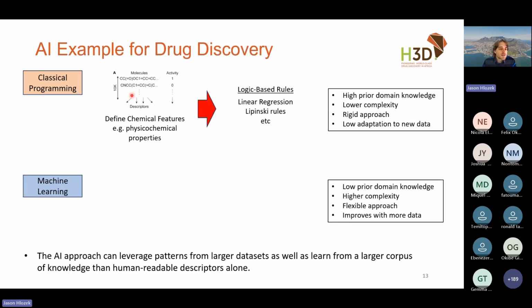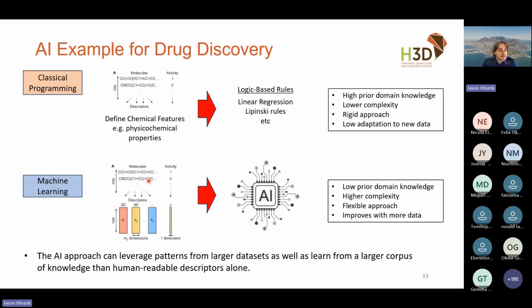So if we shift back to drug discovery, you can do the analogous breakdown. Perhaps I have my initial set of molecules and I'm trying to predict if they're going to be active or inactive. I would first have to describe them somehow with a very human-interpretable understanding, and then perhaps use some logic-based rules that I can understand. Maybe Lipinski's rules of drug likeness is a good way to start breaking this down. But that's not very easily adaptable, especially if the biology is very complex.